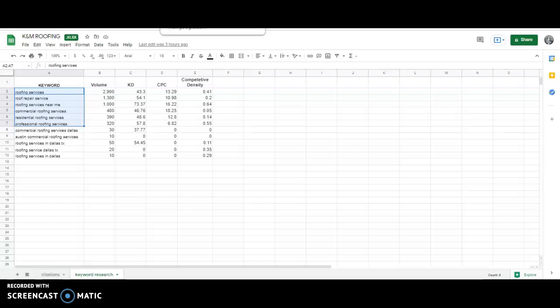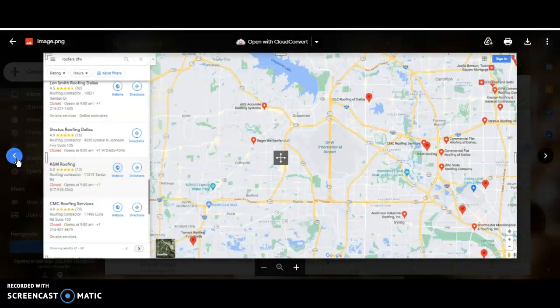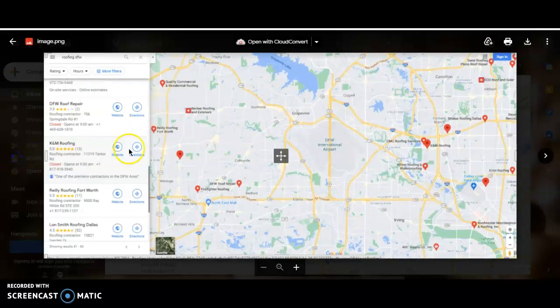We don't need to fight for the first position. But I'm sure if we do things in the right way, I can definitely get them ranked in the top 3 in the map pack. So that's my target. Let me show you some of the keywords they are performing on right now. There it is. For roofing DFW, which is a very tough keyword, we are already ranking at 46th position,